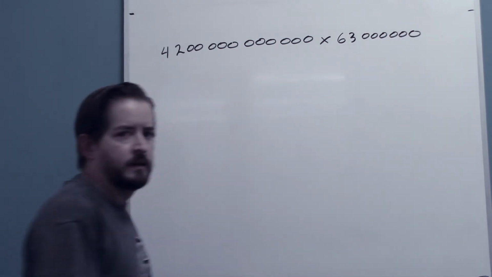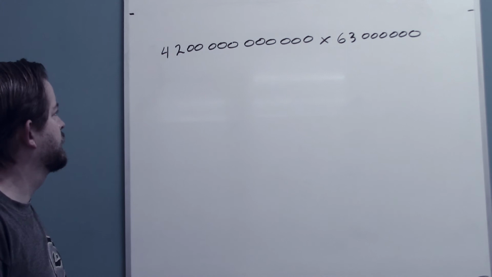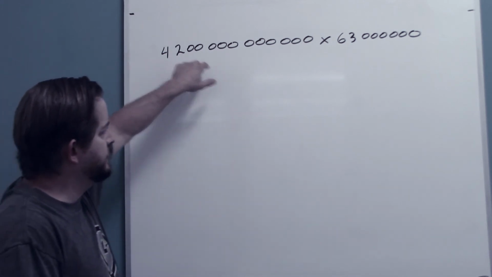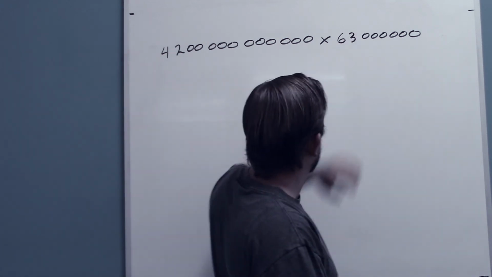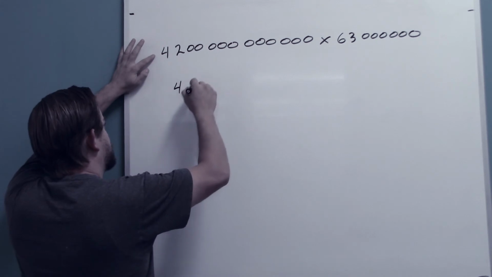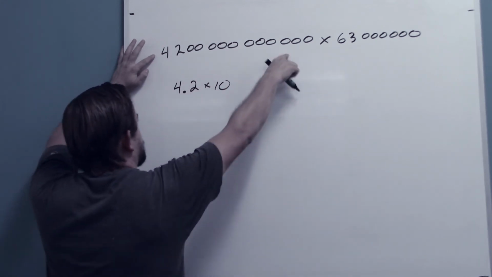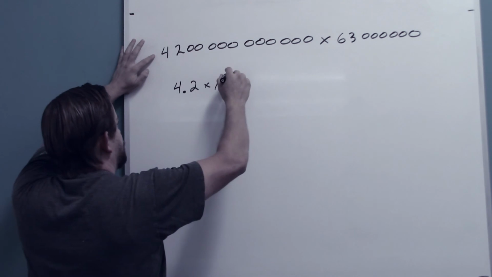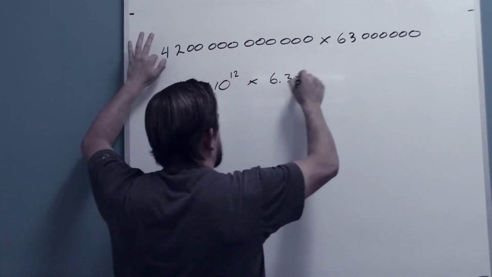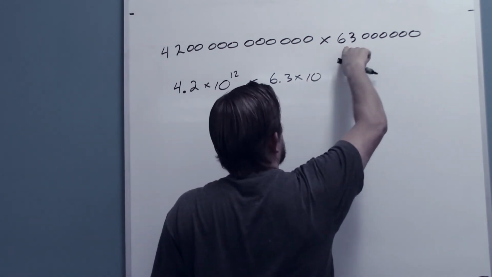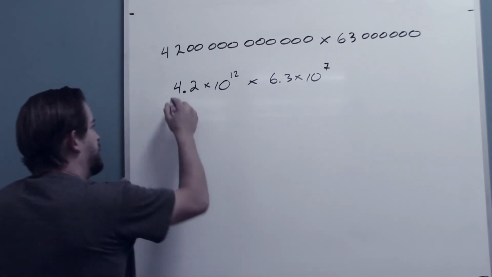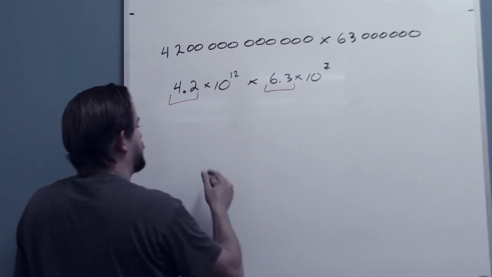Okay. Such as in this problem. So that's 4.2 trillion times 63 million. If I write this in scientific notation, that's 4.2 times 10 to the 3, 6, 9, 10, 11, 12, multiplied by 6.3 times 10 to the, there's 3, 4, 5, 6, 7, right? And so if I multiply my numbers, this 4.2, this 6.3,